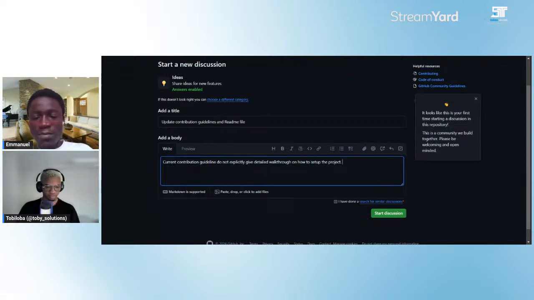Also, should we add the template for reporting issues? I mean, yeah, we could add that, but that would be a separate discussion, I'm guessing. Okay. I'm looking for repos that have the kind of README and stuff that I want to emulate. I think TypeScript ESLint is good. Trying to run the